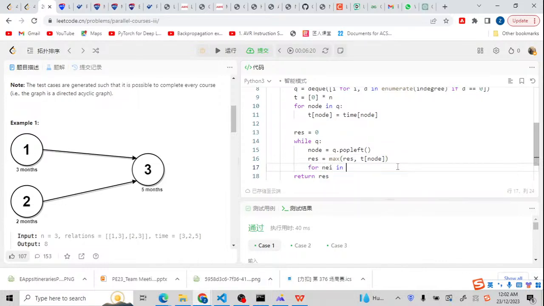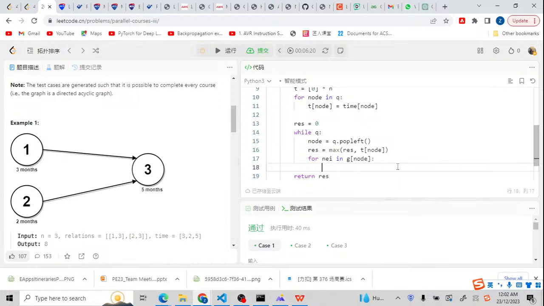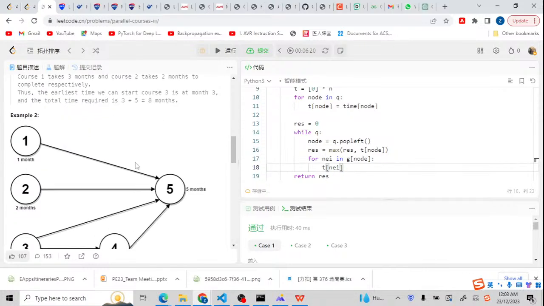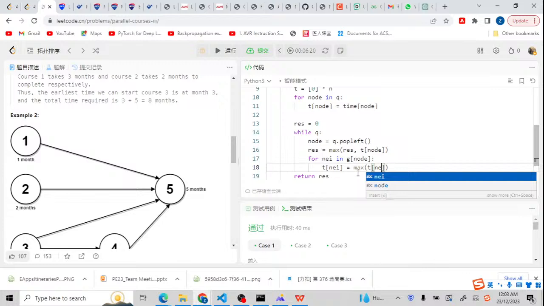So for neighbor in the node, I'm gonna update the DP array T. So T neighbor, so its neighbor is 3. For this example, its neighbor is 5. So T neighbor would be the maximum of T neighbor. Currently this T neighbor is 6, while I'm comparing for the next one, 2 plus 5, it is 7. So I'm gonna prepare a T neighbor with